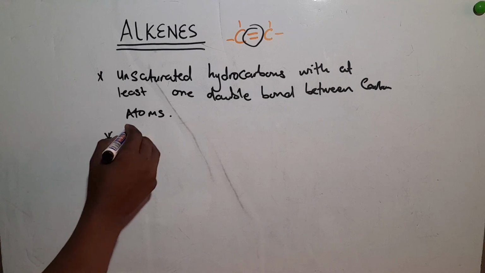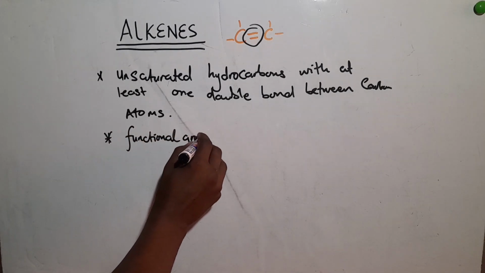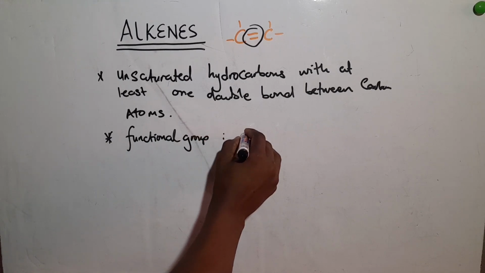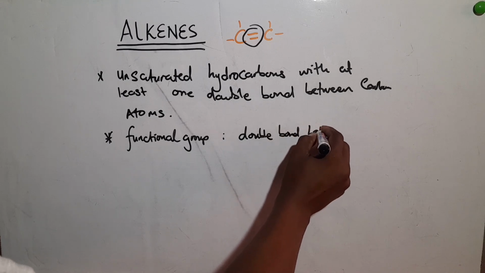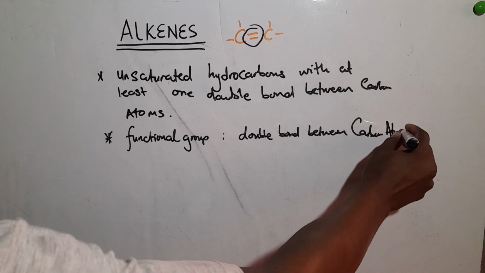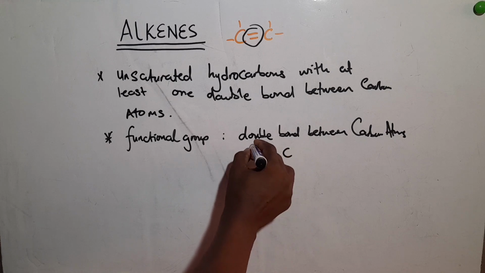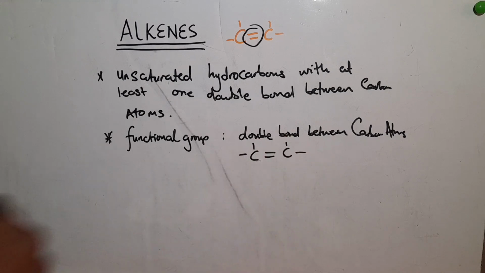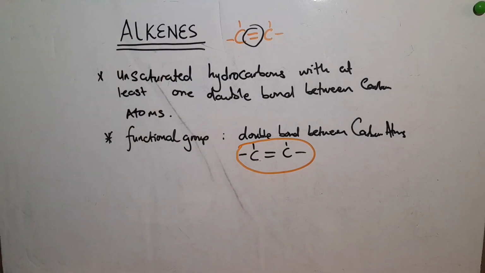So the functional group of this is a double bond between carbon atoms, right? So if you want the structural formula of the functional group, that is the structural formula of the functional group. So you always remember that by at least one double bond between the carbon atoms,